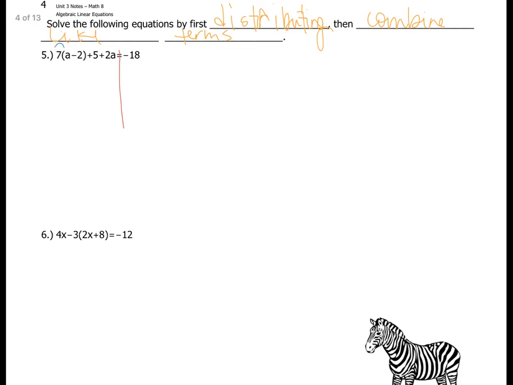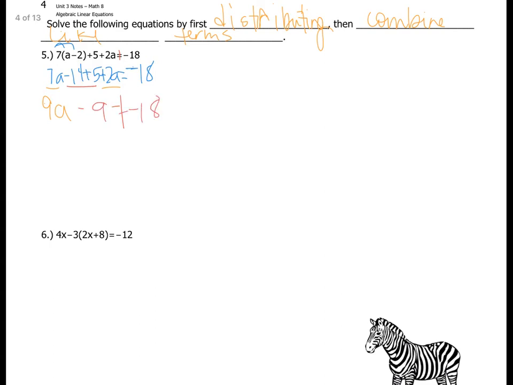So 7 times a is 7a. 7 times negative 2 is negative 14. Plus 5 plus 2a equals negative 18. Now we need to combine like terms. So 7a and positive 2a becomes 9a, and negative 14 and positive 5 becomes negative 9, and this all equals